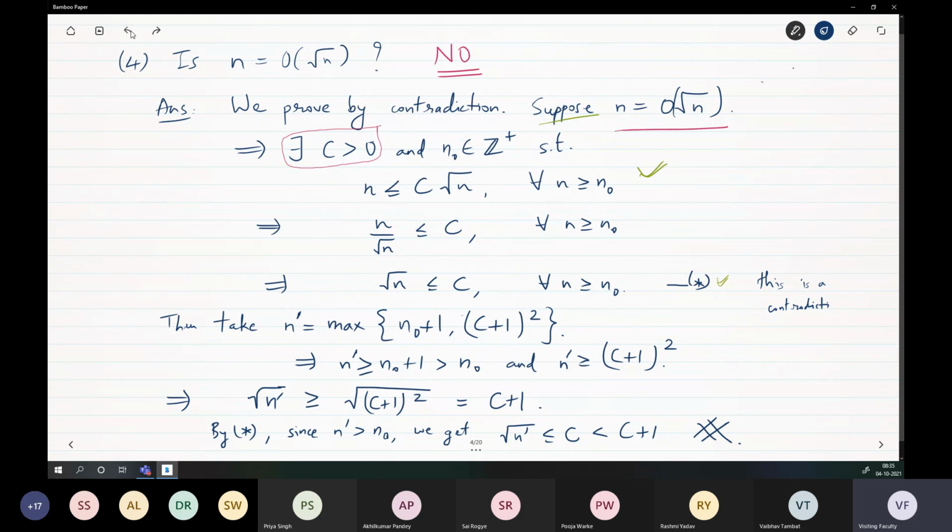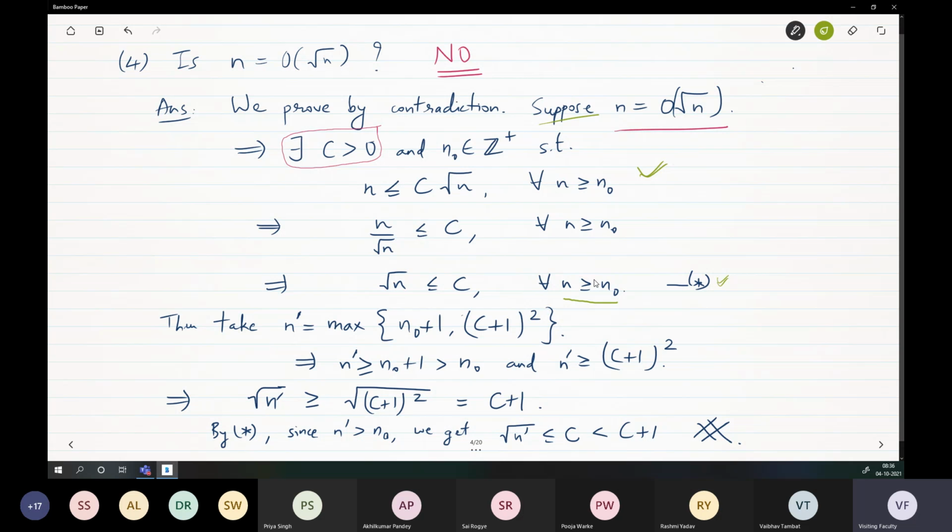Okay. But now, since we are in the first lecture, just for more completeness, I am giving you the rest of the argument. The rest of the argument is the kind of stuff that you do in your BSc. Now, how do you get a contradiction very precisely from here? You will have to say that, okay, this is true, but then what do you have to do in order to disprove this? You have to find some n greater than or equal to n naught, for which square root n is greater than c. Correct? That will give you the contradiction. Is that okay? That much is fine?